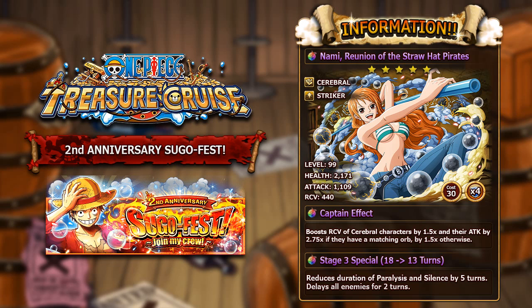Now her captain ability will boost the recovery of Cerebral characters by 1.5 and attack by 2.75 if they have a matching orb, or it's 1.5 otherwise. So not a terrible captain ability, but not really that usable. There are some dungeons that will actually get massive use out of it, like dungeons that will give you specific orbs, as you can just work around that and make sure that all of your Cerebral characters are matching orbs. So there are some uses for this captain ability, but most of the time, you're going to be using her